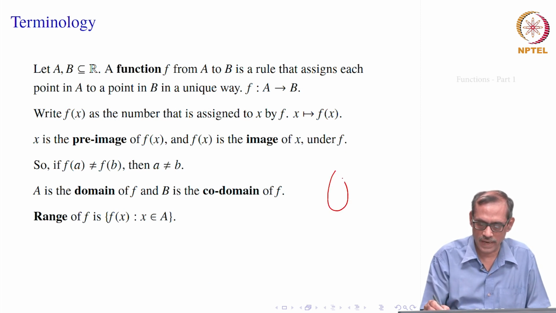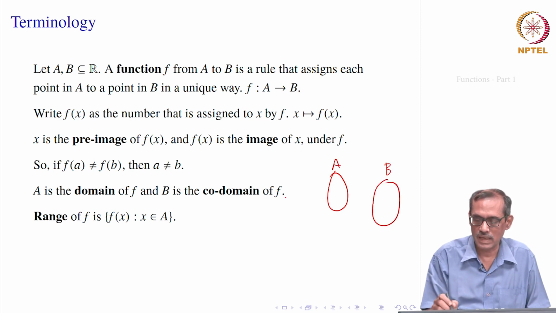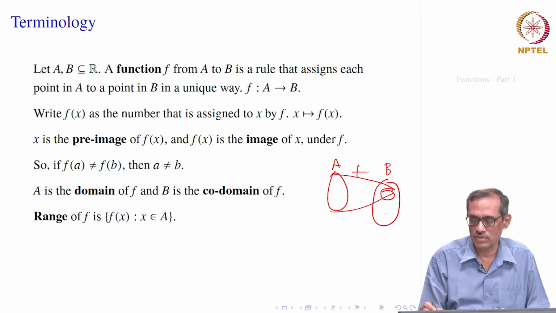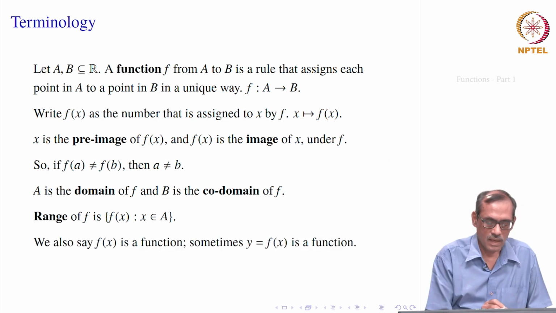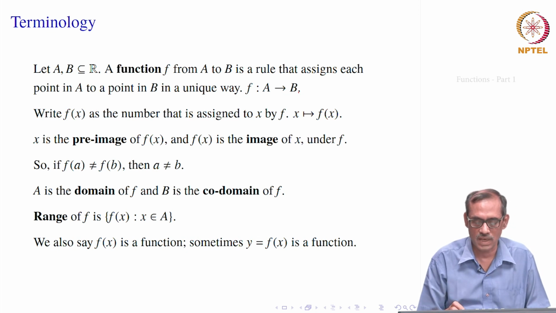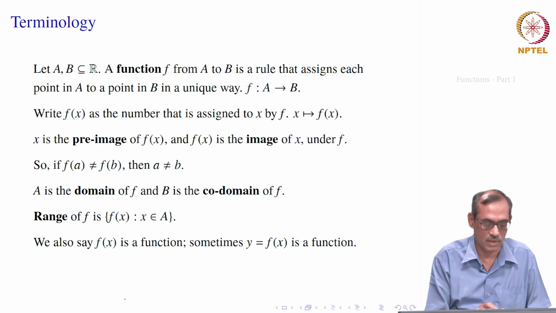So, it is something like your A is here and some set B is here. It is not appropriate, but they are real lines. Let us write it this semantically. Then all these things are taken to f, maybe somewhere, that is the range. These are not in the range, outside that. B is the codomain and the range is only this one, which is sometimes also written as f of A, but we can say range of f. So, for this f is a function from A to B, sometimes you will say f of x is the function, as we marked earlier. So, sometimes we say f x is a function, sometimes we will say y equal to f x is a function.